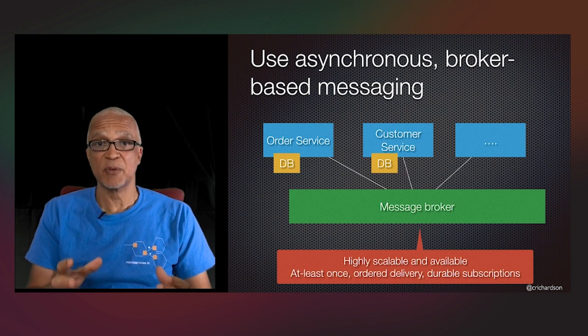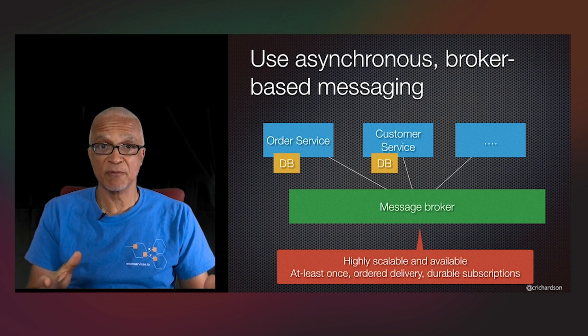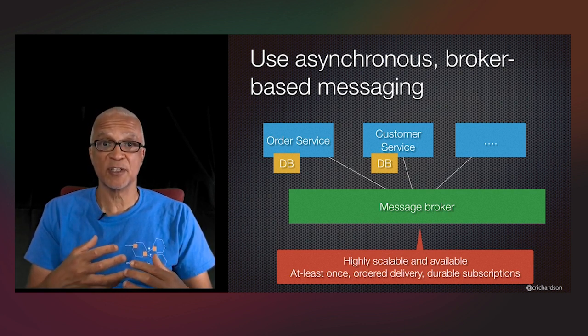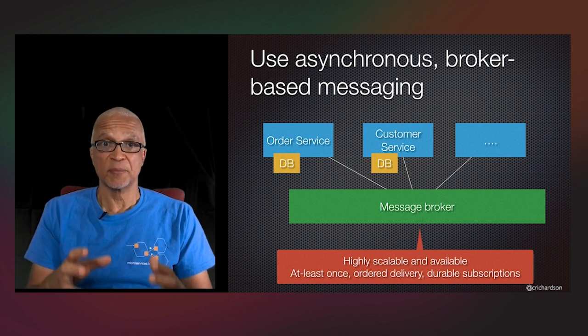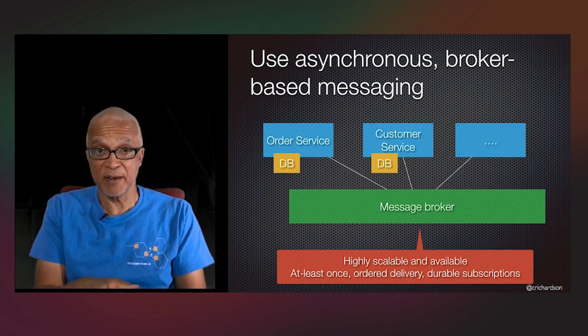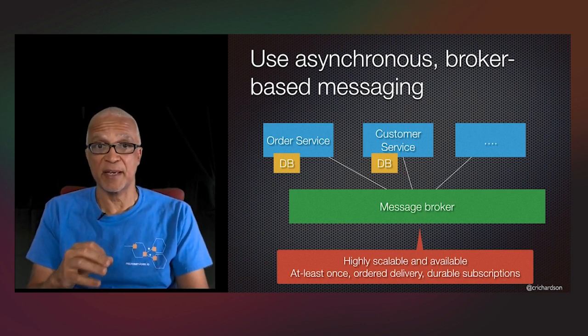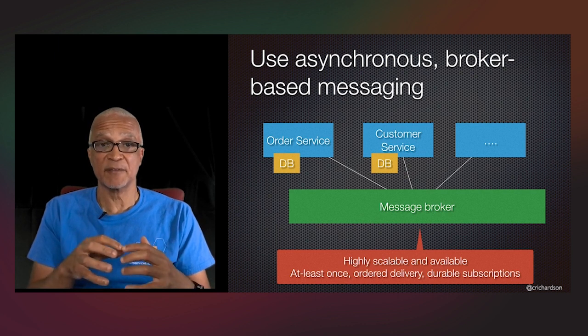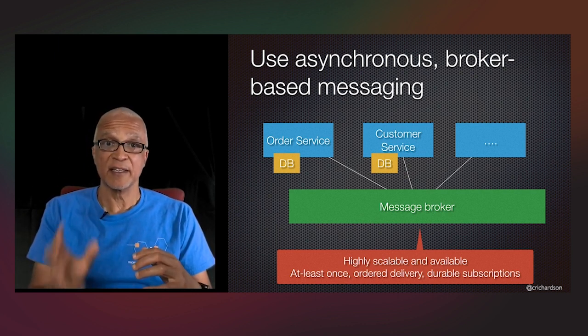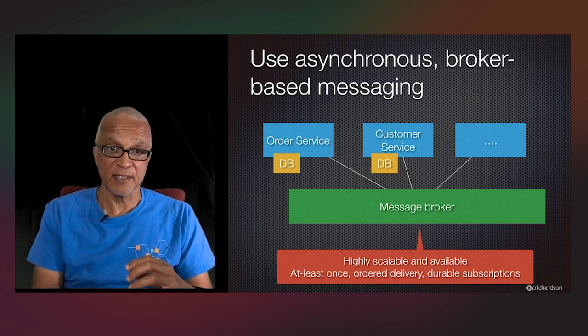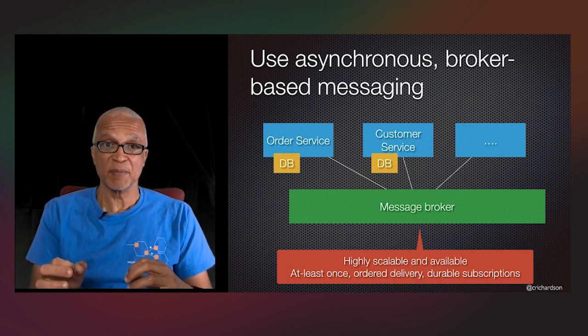The events are transported by a message broker. Now, since the message broker plays such an important role, it needs to be highly available and scalable in order to avoid any concerns related to infrastructure coupling. Also, the patterns for transaction and queries that I discuss in this presentation are easier to implement if the broker implements certain features, including at least once delivery, ordered delivery, and durable subscriptions which preserve events when a consumer is down.